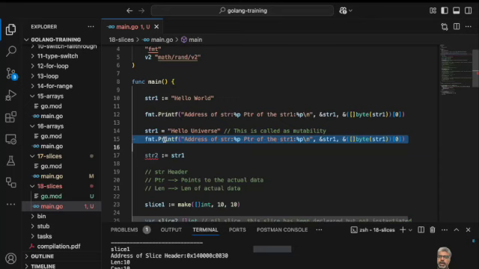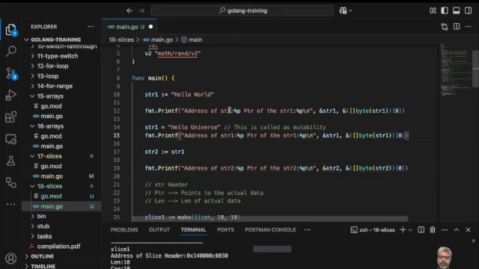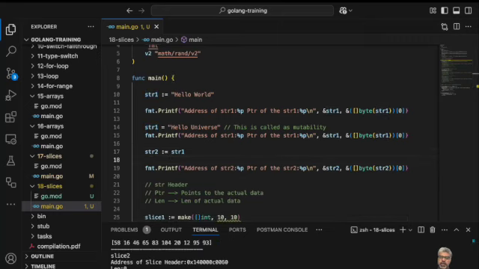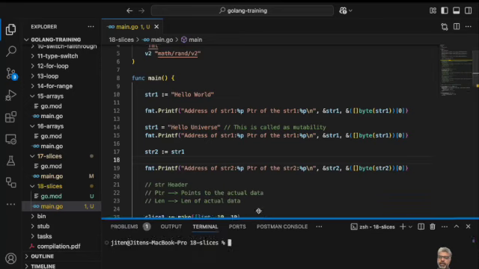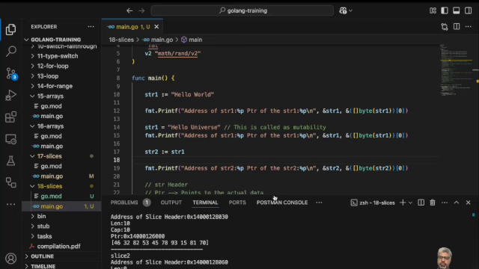What do I mean by that? I have created a new string from the existing string. You see that str2 equal to str1. Then if you print the address and the other things of str2,